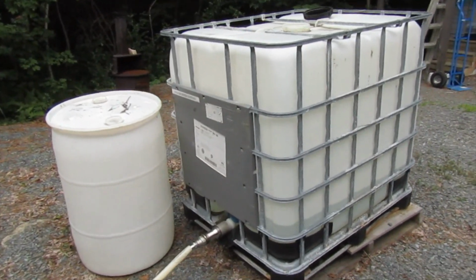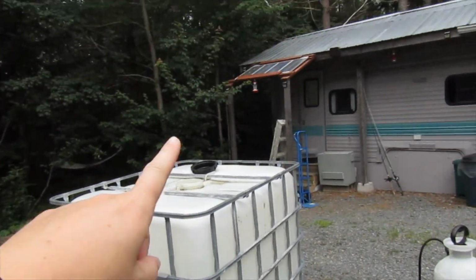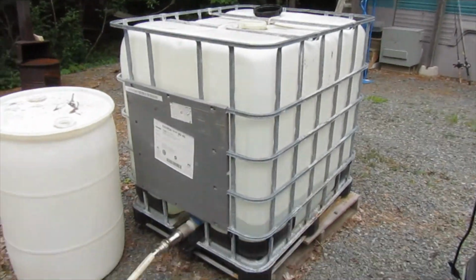Good morning. I apologize for the Medusa hair, but it is what it is. As you could probably tell by that last clip, we've been getting a lot of rain lately, so a perfect time to be working on this. I think tomorrow we're gonna try to set the tower up back behind the camper and get this thing all